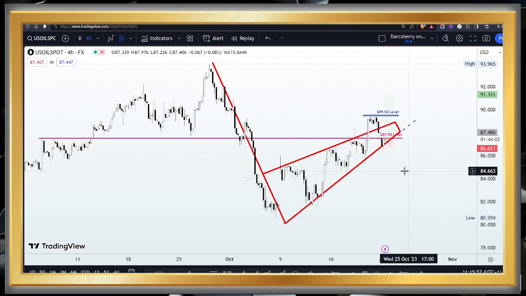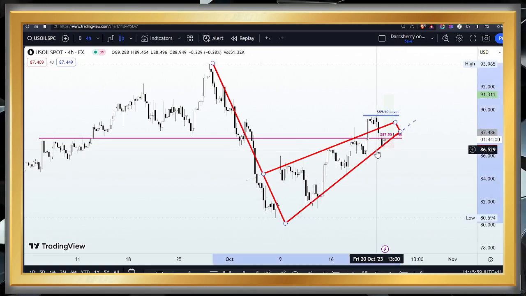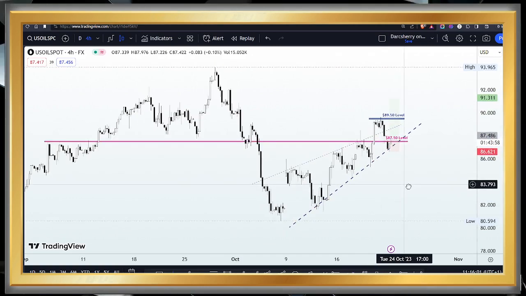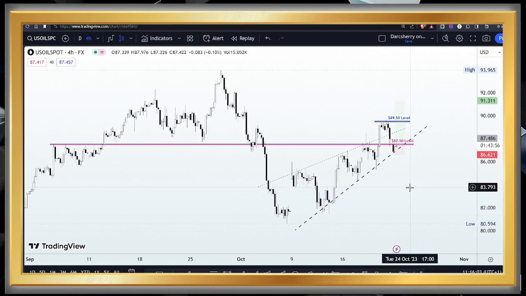However, it is worthy of us to note here that it is not all the time that this kind of situation happens, as this is just a theoretical expectation of this current market structure. At times the market does not follow through with this. Instead, it might go the other way and continue to the upside. So we are going to be taking all this into consideration while we make our decisions on the lower time